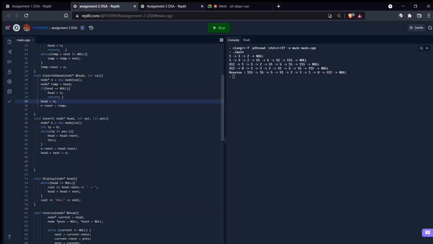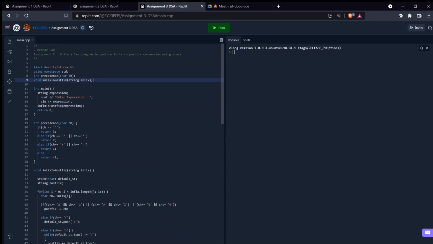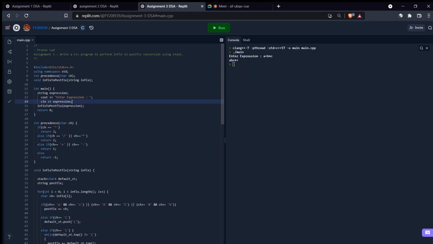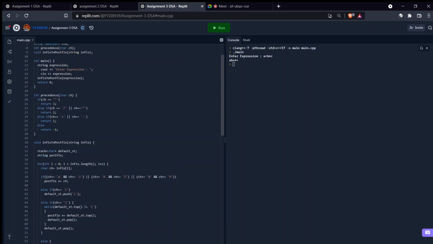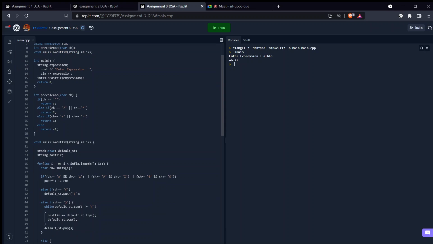Okay. What about the third assignment? But one thing you do: instead of using existing libraries, try to have your own codes.